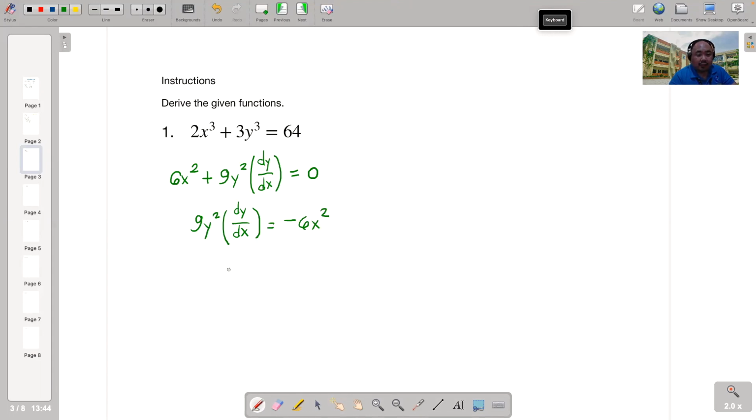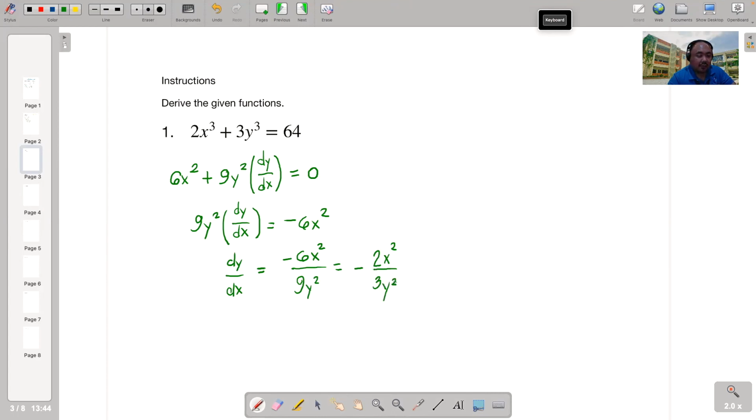And finally, you have dy dx. Our isolation is successful. This is negative 6x squared all over 9y squared. Or to simplify, this is negative 2x squared all over